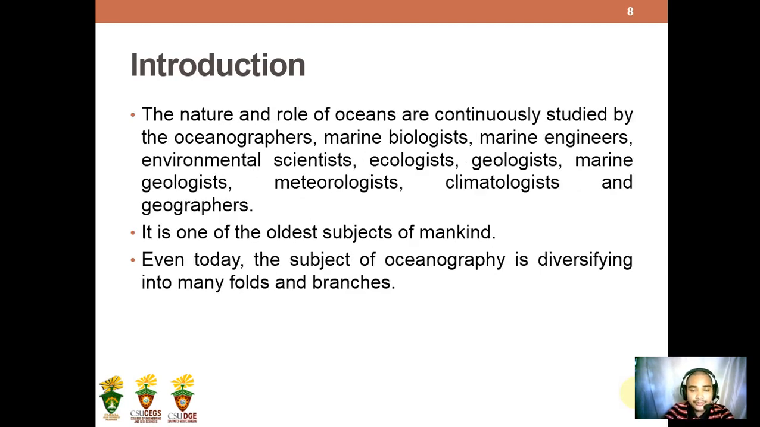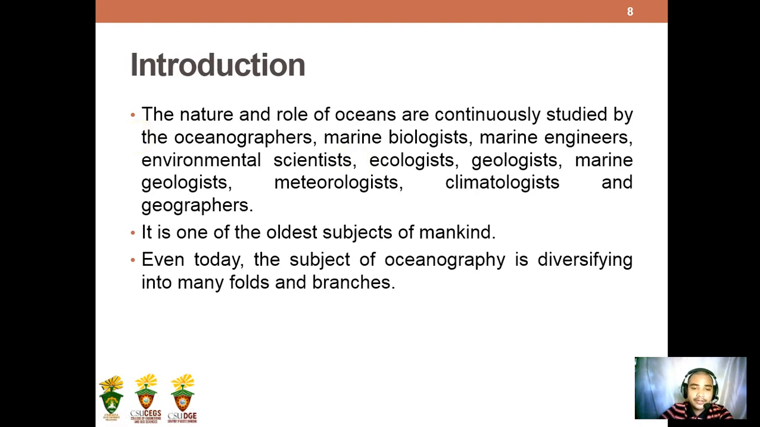And the nature and role of oceans are continuously studied by oceanographers, marine biologists, marine engineers, environmental scientists, ecologists, geologists, marine geologists, meteorologists, climatologists, and geographers. Since oceans have many aspects to be studied, these professionals are responsible for studying every aspect of the oceans. They each have a different scope and a different study. And